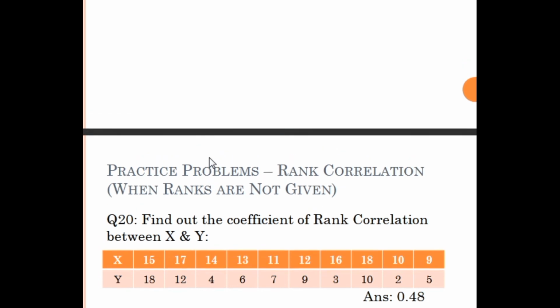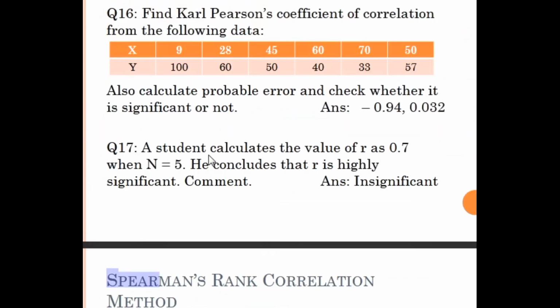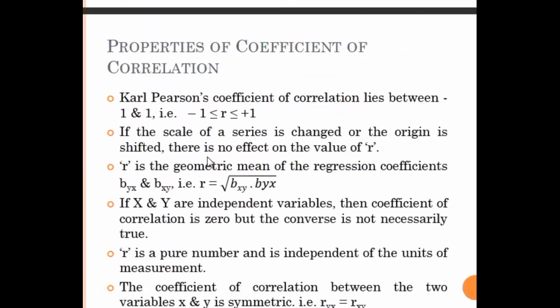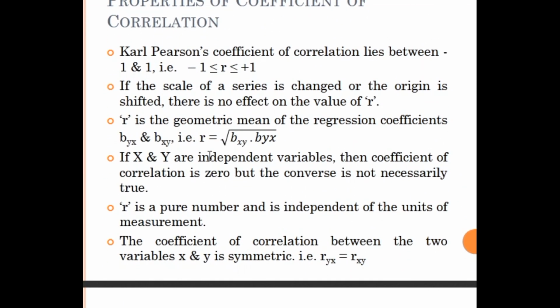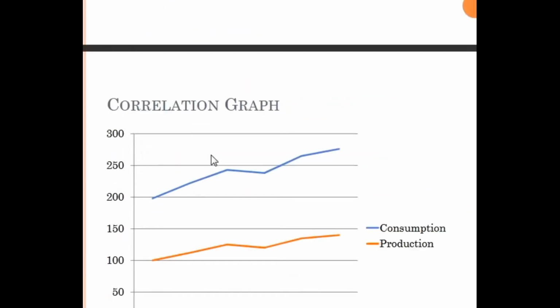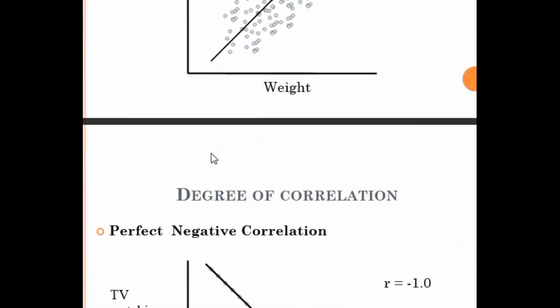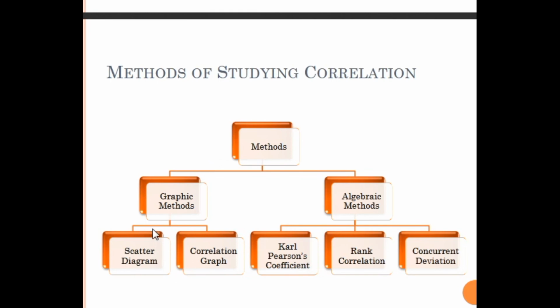Firstly, we'll confirm only Karl Pearson's correlation. So I will concentrate now only on Karl Pearson's correlation, not on the types of correlation. If you see this diagram of the types of correlation, you may be clear now. See, the scatter diagram is theory only, and the correlation graph is also theory. So now I will touch only this part, not this one, not this one. Which one? Karl Pearson. These two are theory, complete, and this one has the problems, and the properties are very important.